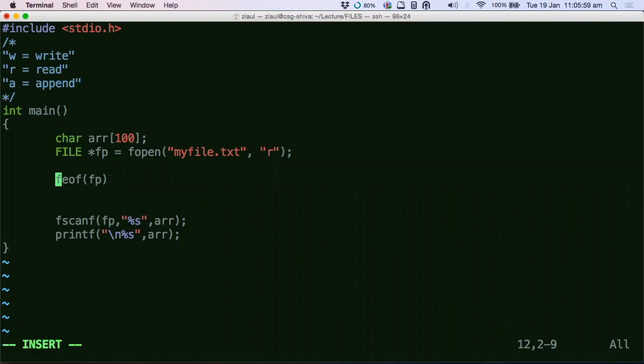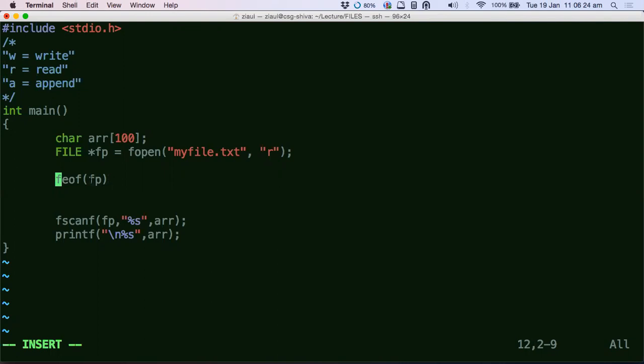Has fp reached the end of the file during its traversal? If it has reached the end of the file, that means it's time for you to say my entire file has been read, and then I have read the entire data, and you did whatever you wanted to do with the data. You are done with reading all the data from that file. And feof helps you detect that.